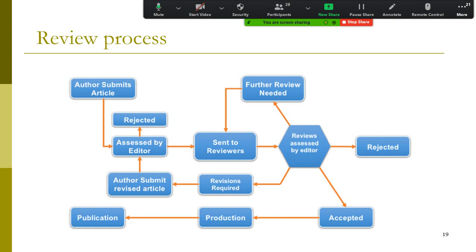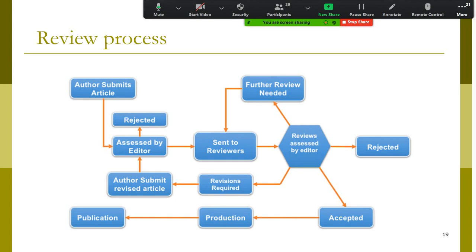And if it is accepted for review, then it is sent to the reviewers. Reviewers are normally 3 in number. After some time, reviewers send their comments to the editor. The comments are passed on to the authors, and sometimes they accept it, sometimes they reject it, sometimes they demand revisions. So the authors revise the article and then again send it to the editor. Before acceptance, all this process is necessary, it is essential.